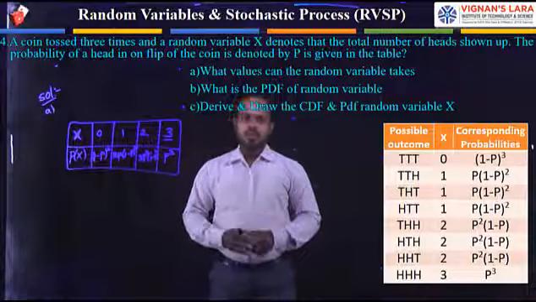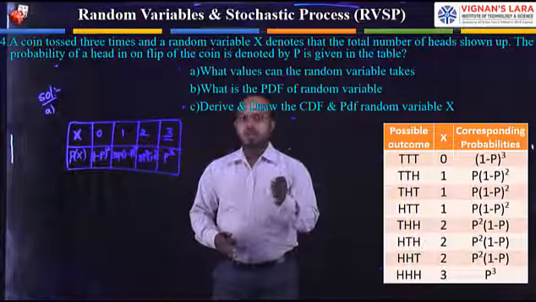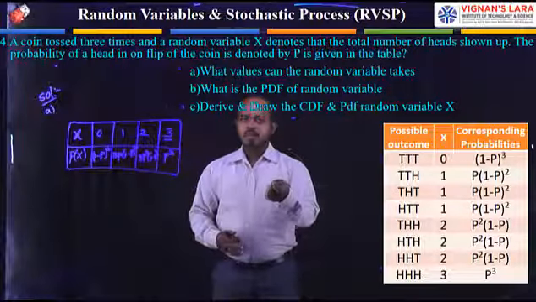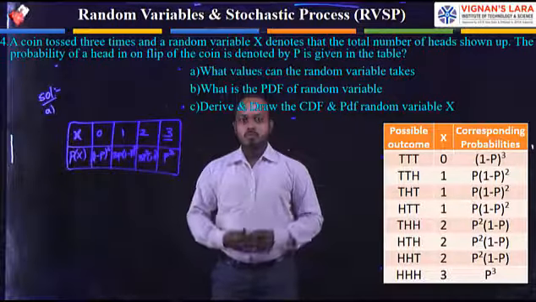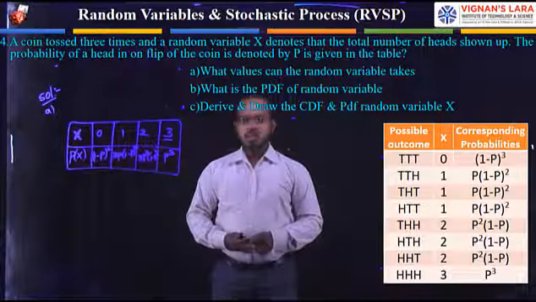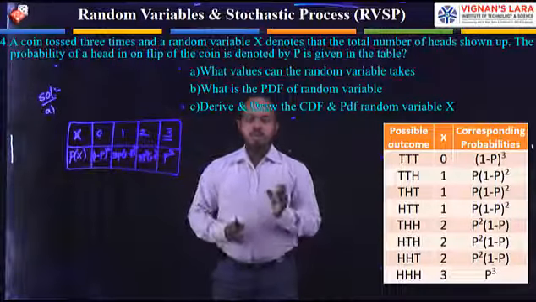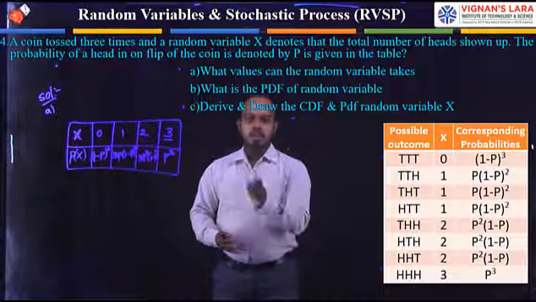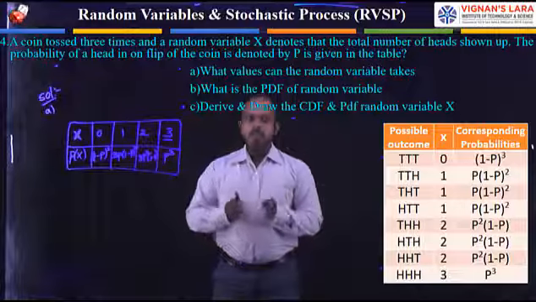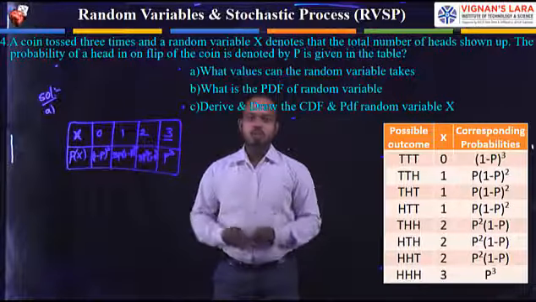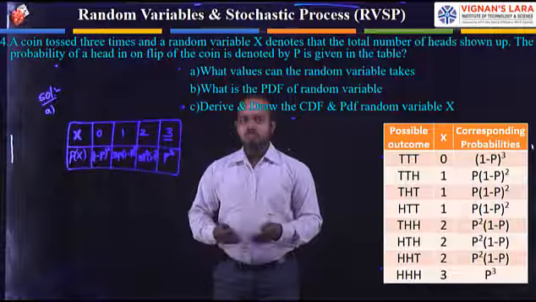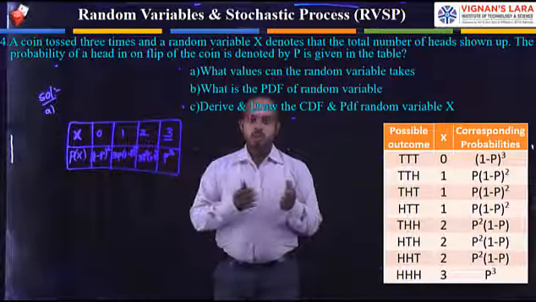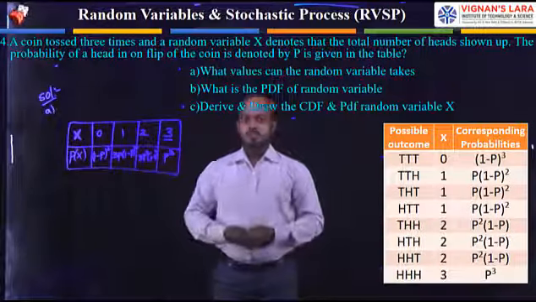In these 8 combinations, we give the mathematical representation like 0 heads, 1 head, 2 heads and 3 heads. Based on the number of heads, we assign the mathematical representation. According to the given data, the head appearance notation is p. Based on the given data, we make the separation. The elements that are present more than one time, we write as a single time. We can conclude what the corresponding elements are, and we make the summation.